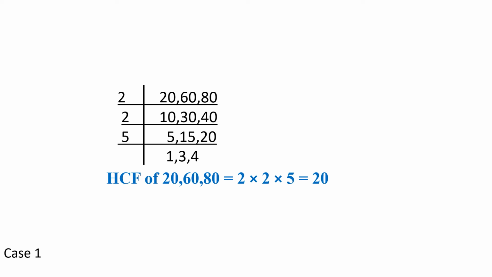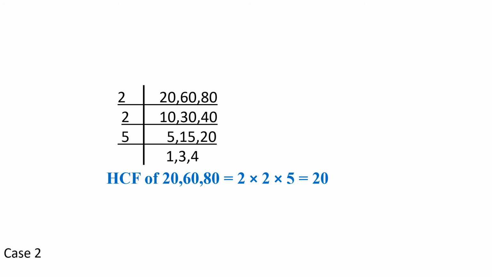Now in this question, the question says he needs to make rows with the same kind of flower in one row. It means how many flowers can he put in one row? 20 flowers. So in this case 20 flowers of the same kind in each row. How many rows can he make? Did you think? He can make one row with 20 flowers. It means one row of sunflower and 3 rows of marigold and 4 rows for roses. It means a total of 8 rows he can make, with 20 flowers of the same kind in each row.